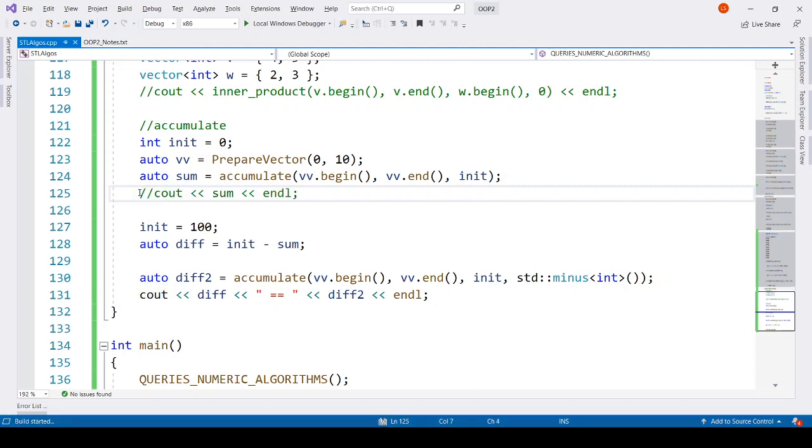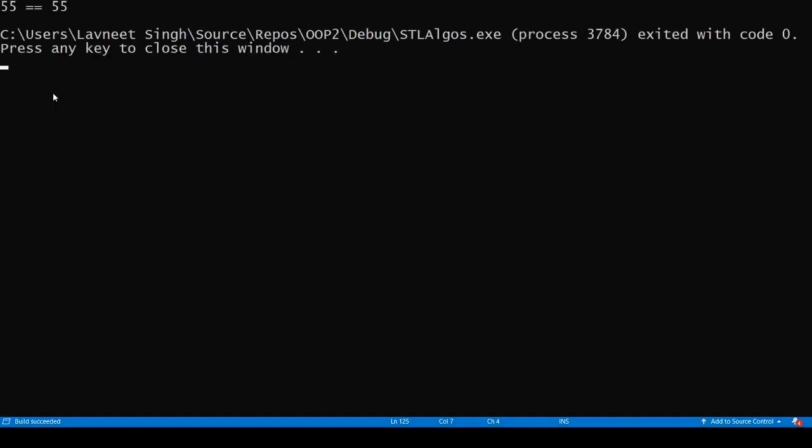The first diff will be 100 minus the sum, and the second diff is 100 minus each element once. So both will result in the same 55, right?